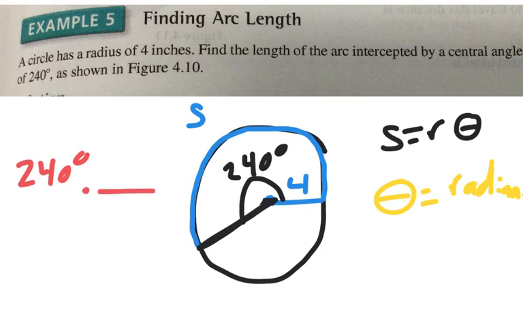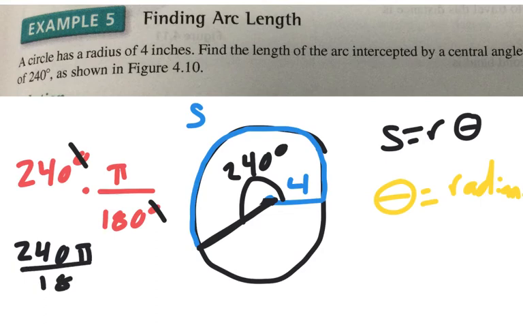So again, think about the conversions we did. I'm going to put 180 degrees in the denominator and pi radians in the numerator. This makes the degrees cancel. And so now I have 240 pi over 180, which reduces to, sorry, that's wrong. That's going to be 4 pi over 3. Yeah, absolutely. So 240 degrees is the same thing as 4 pi over 3